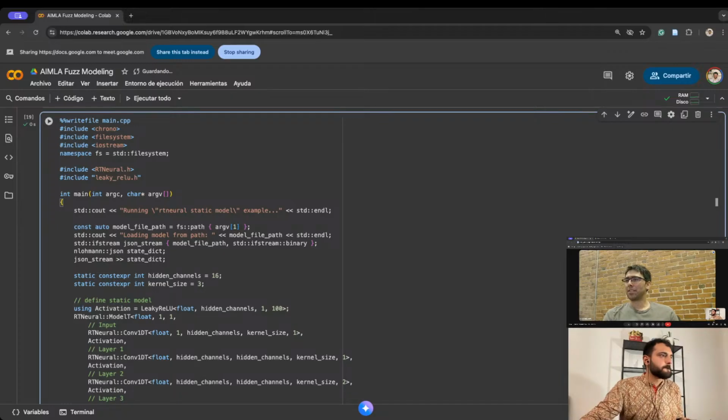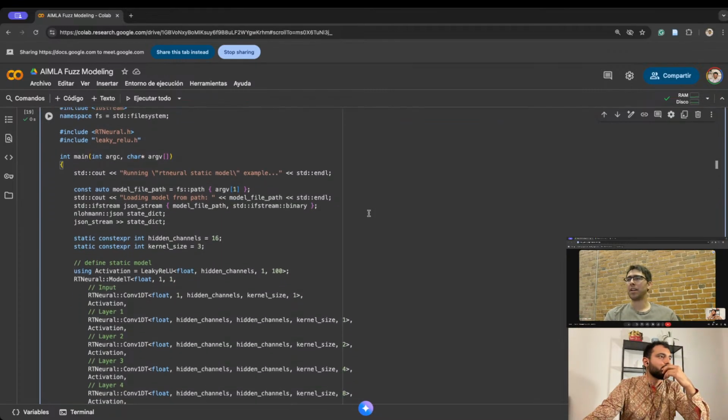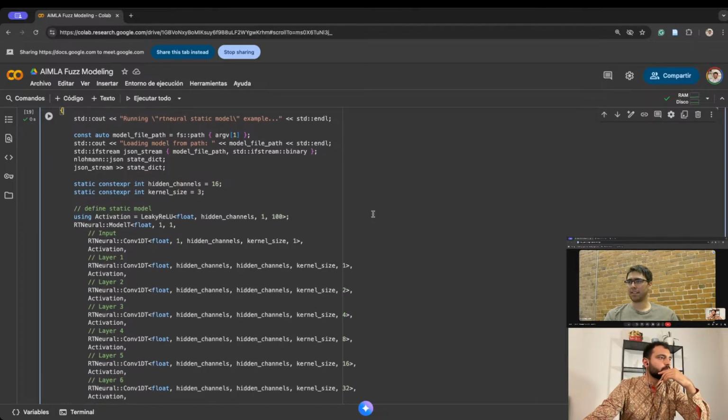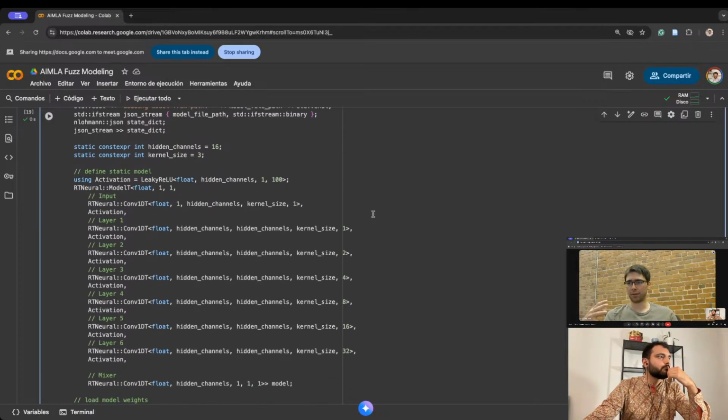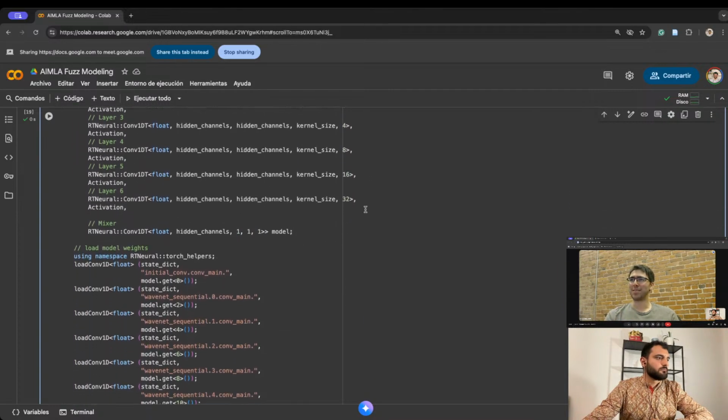So here's the useful stuff. Again, it starts out similar to what we saw on the slides, where we take this JSON file and just load it into our C++ program. And then again, we have this type declaration that's going to declare our model architecture as a type. This is all happening at compile time, and it's something the compiler can see through and optimize through. You might look at it and think that maybe some of this should be done with loops, and in a sense, you're correct.